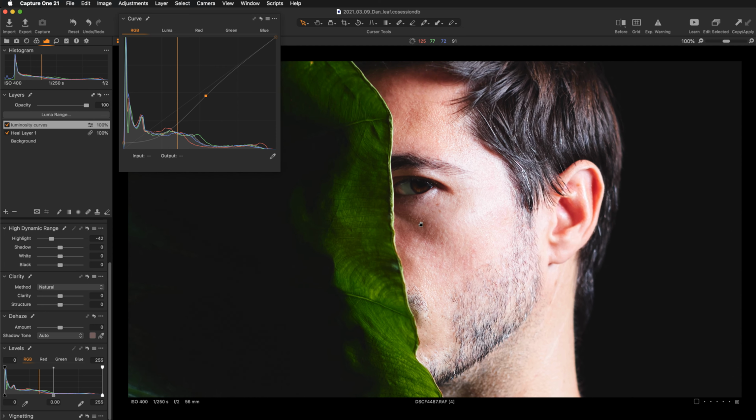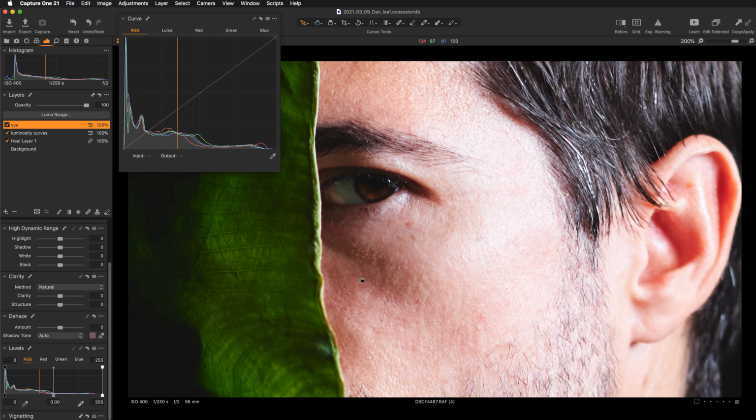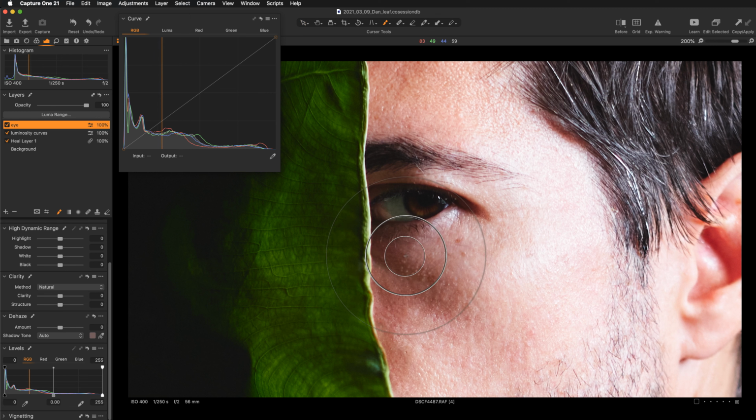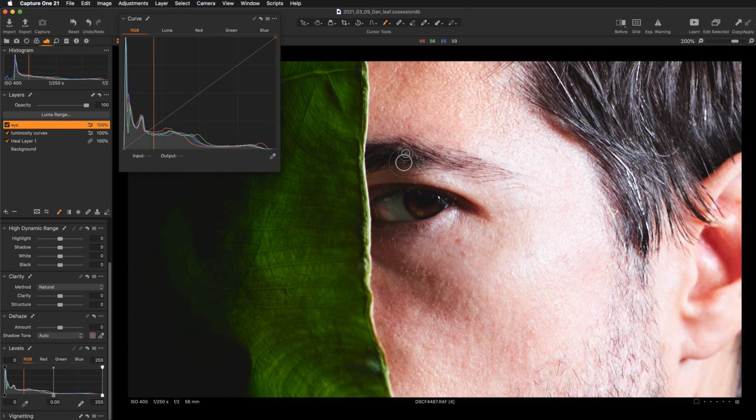So I'm going now to focus on his eye. Let's create a new empty adjustment layer. Let's rename it. Let's call it eye. And here I'm on an empty layer. So I need to grab my brush and let's adjust the brush. Let's go for a lower size because I'm going to paint only over his eye. Hardness 0, opacity high, and flow we want to have high as well. Let's just paint